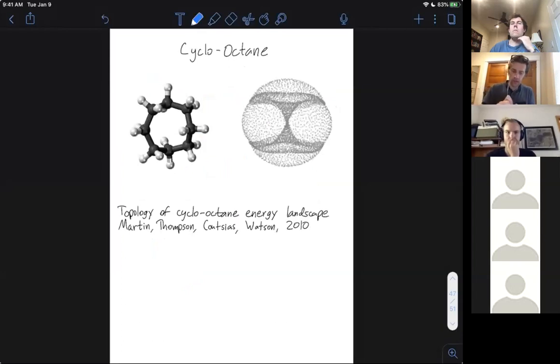There's a beautiful paper on cyclooctane. So cyclooctane, the oct is for 8 carbons, which I have here. The cyclo means they're no longer arranged in a line, but they're linked up in a circle, okay? Again, I have hydrogen sticking off of each carbon, fixing these angles. There's 2 degrees of freedom here. So there's 2 ways this molecule can bend, but it's no longer a 2-dimensional torus as the domain. The domain is much, much, much more complicated. It's actually, so this is the domain.